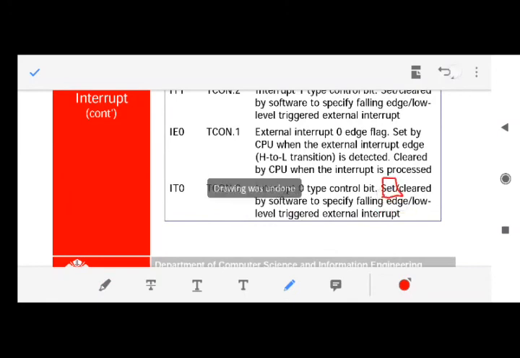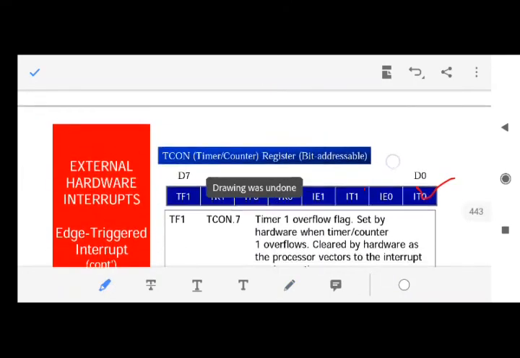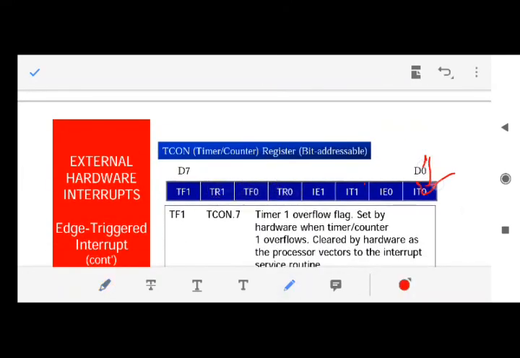If this bit is 1, that means your interrupt 0 and interrupt 1 are edge triggered. Fine. And if they are 0, that means your interrupt 1 and interrupt 0 are level triggered.